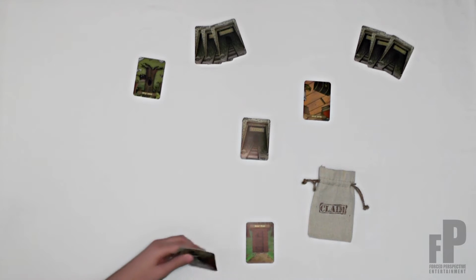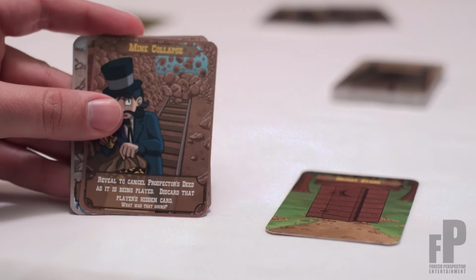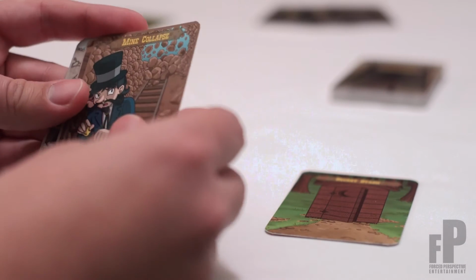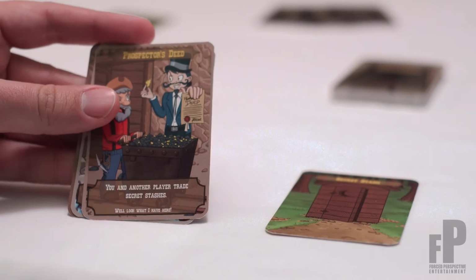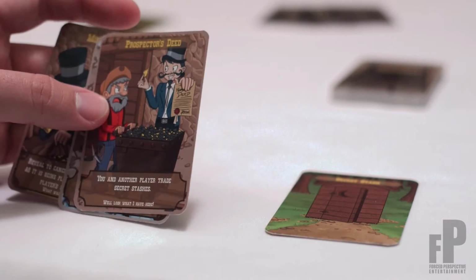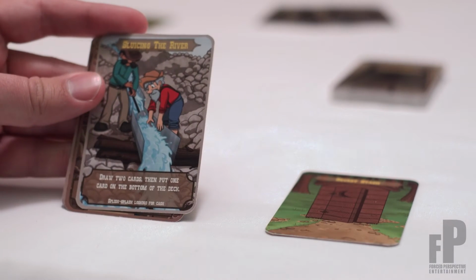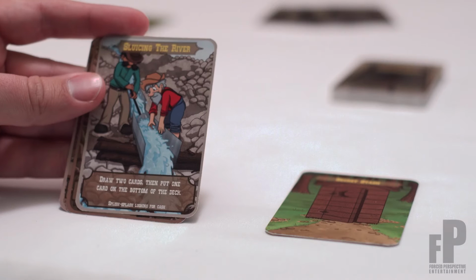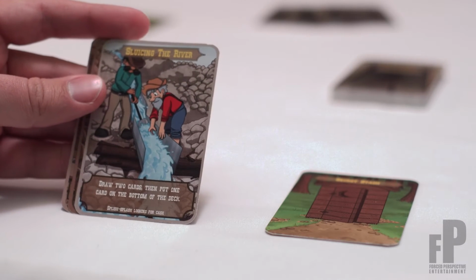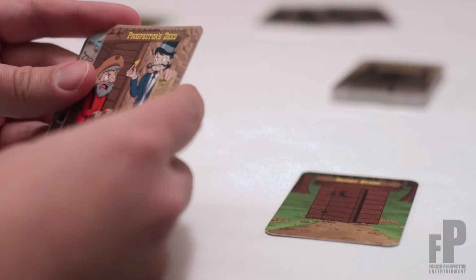To start, I have 3 cards. I have the Mine Collapse card, which is used to cancel a Prospector's Deed, so I can't play that yet. I also have a Prospector's Deed, which if I tried to play on someone who had the Mine Collapse, they could cancel that card. And I have Sluicing the River, which will allow me to draw 2 cards and then put 1 card on the bottom of the deck. So I think I will start by...